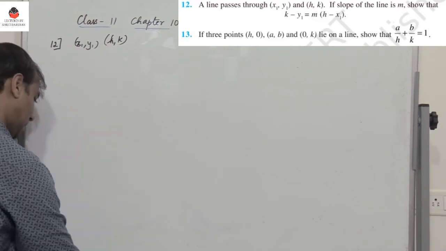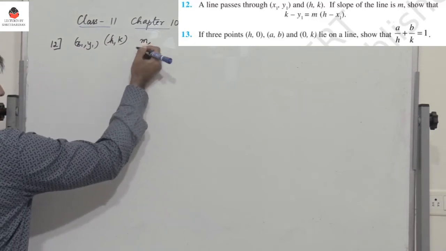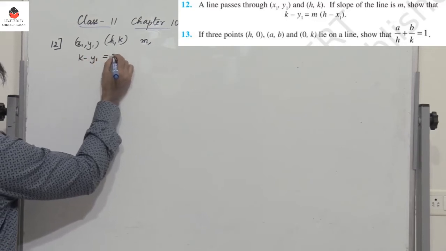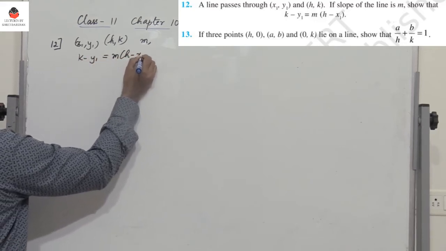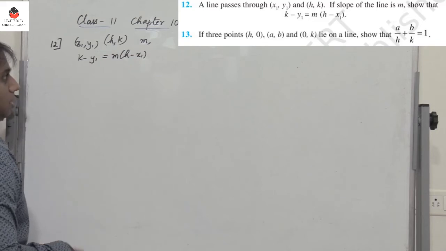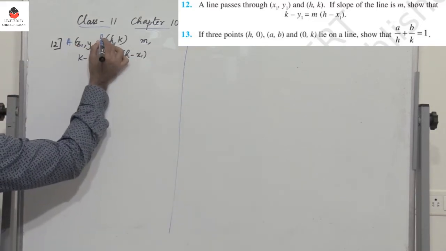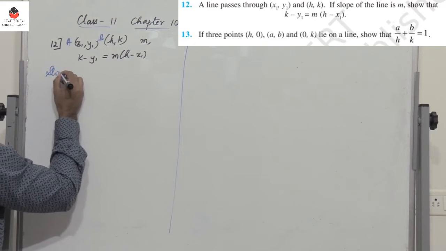If the slope of the line is m, then show that k minus y1 equals m into h minus x1. So it's a very easy problem. Let me find the slope. Let this be point A and point B. So slope AB,